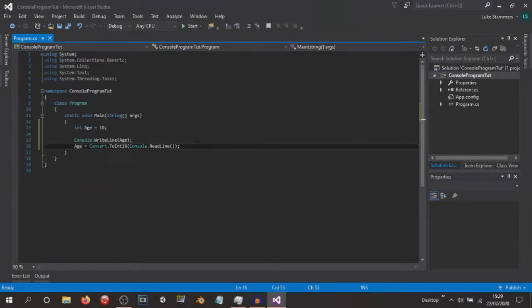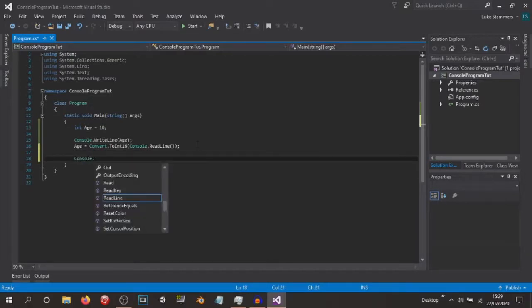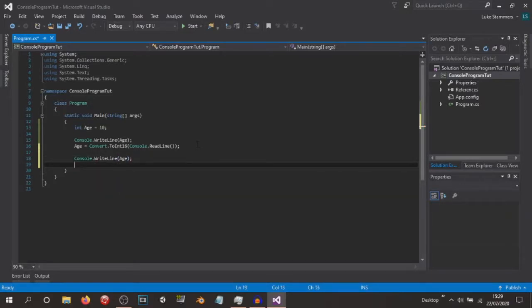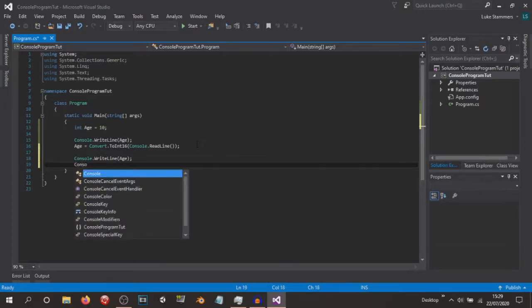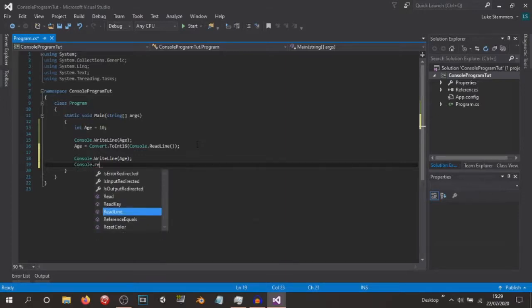But now if I were to do another Console.WriteLine, and put in age again, and instead of just leaving it like that, we are going to do Console.ReadKey. Make sure you actually put in the brackets after the ReadKey because